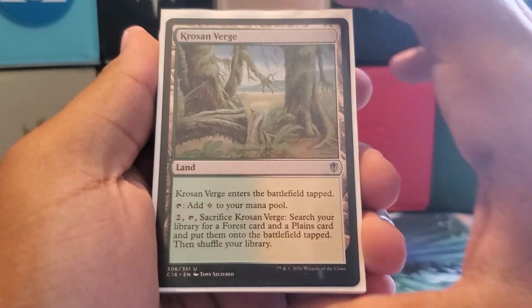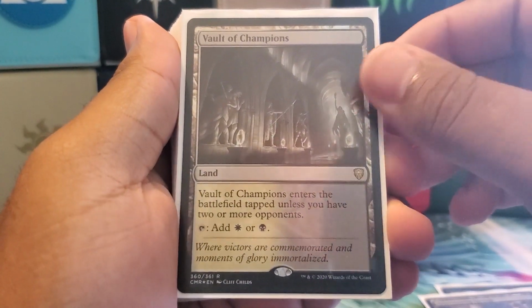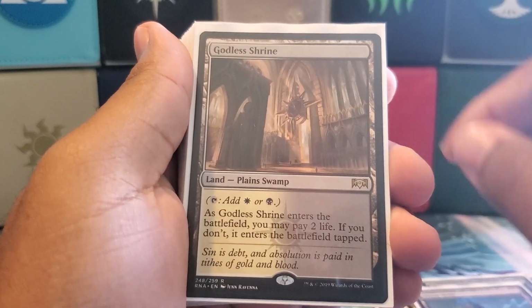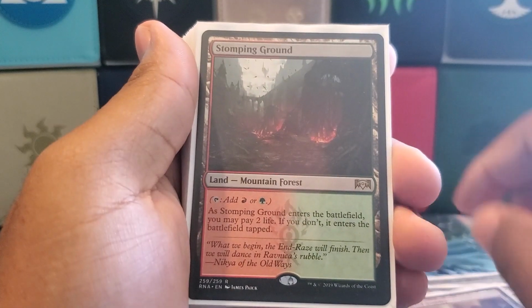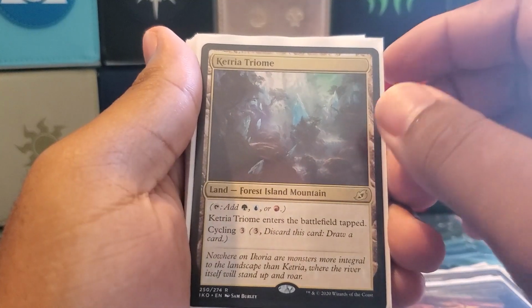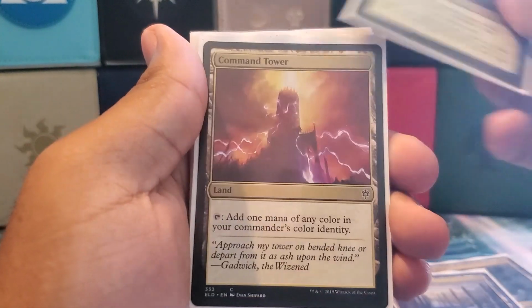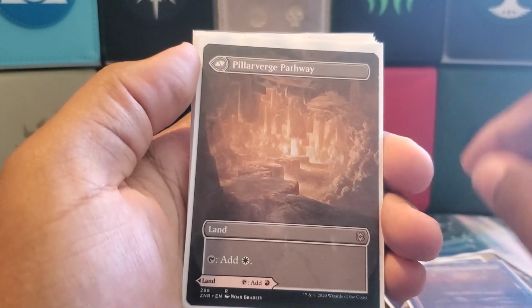We'll go ahead and start off by showing the deck's lands here, starting off with Krosan Verge, Spectator Seating, Training Center, Rejuvenating Springs, Vault of Champions, Hallowed Fountain, Breeding Pool, Steam Vents, Godless Shrine, Watery Grave, Overgrown Tomb, Sacred Foundry, Stomping Ground, Temple Garden, Zagoth Triome, Raugrin Triome, Savai Triome, Ketria Triome, Sliver Hive, Path of Ancestry, Unclaimed Territory, Command Tower, a Scalding Tarn, Marsh Flats, Pillarverge pathway